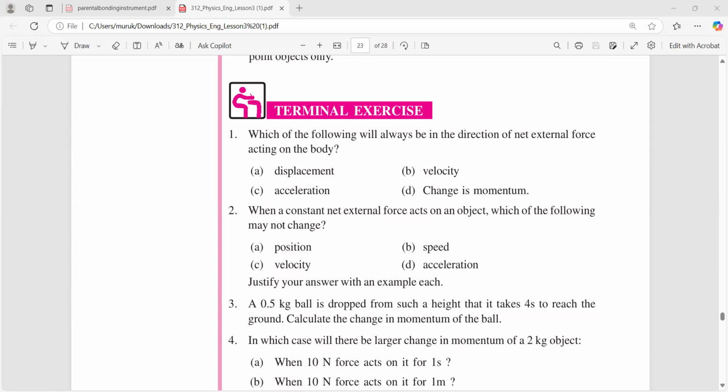Today we're going to discuss the back questions of chapter 3, laws of motion. So, first question is